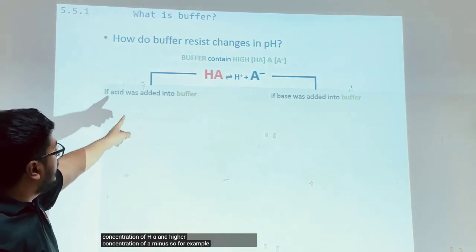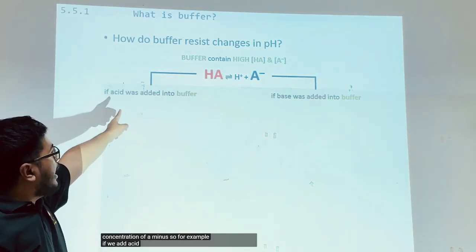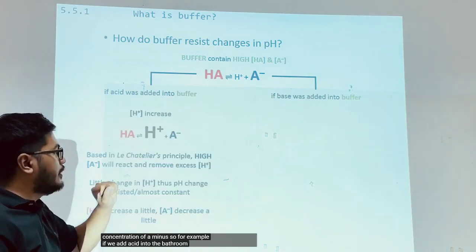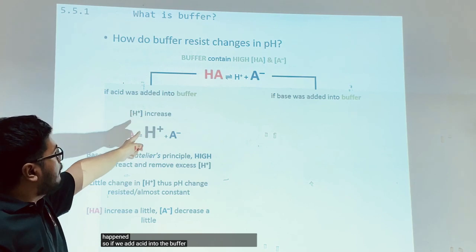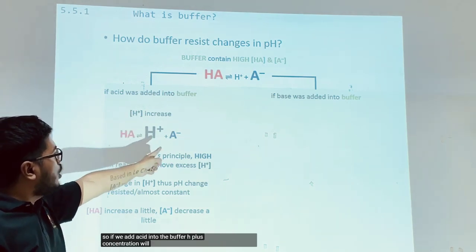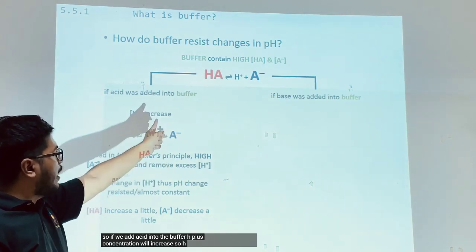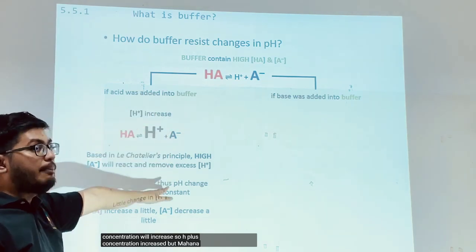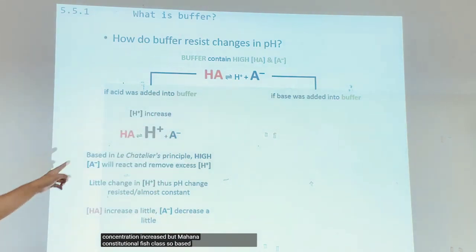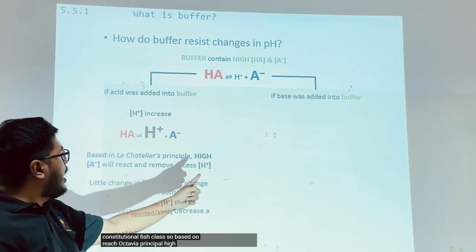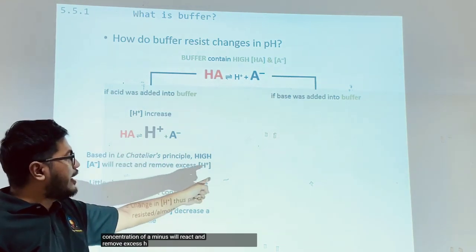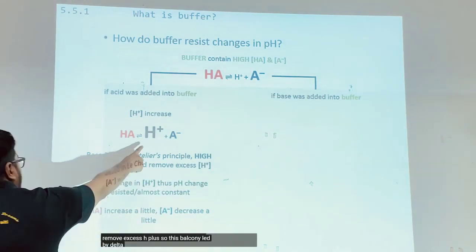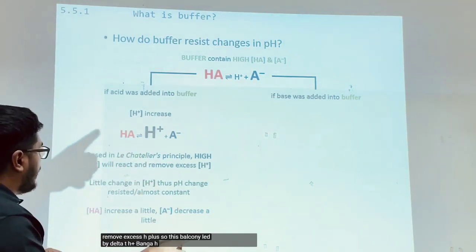So for example, if we add acid into the buffer, what happens? H plus concentration will increase. Bertambahlah concentration of H plus. So based on Le Chatelier's principle, high concentration of A minus will react and remove excess H plus. So disebabkan H plus banyak,